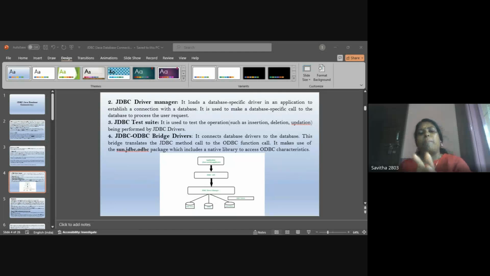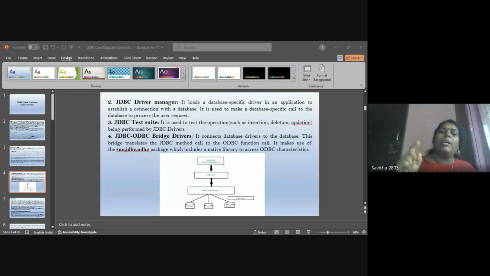This path is assigned to the driver class name string variable. Then we declare one variable, URL, as a string, with jdbc:odbc:XE, the enterprise edition or server-based edition which we use for JDBC-ODBC connectivity.